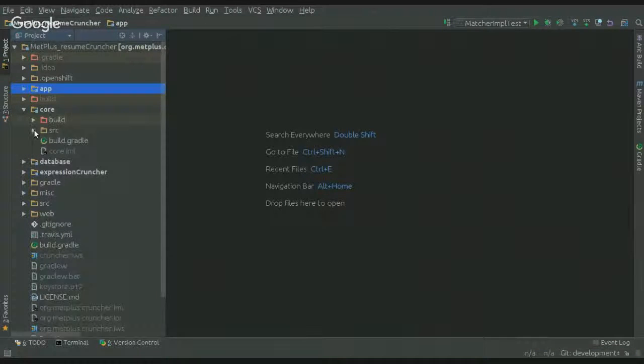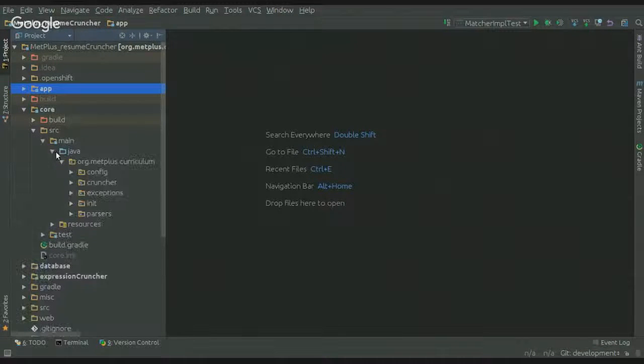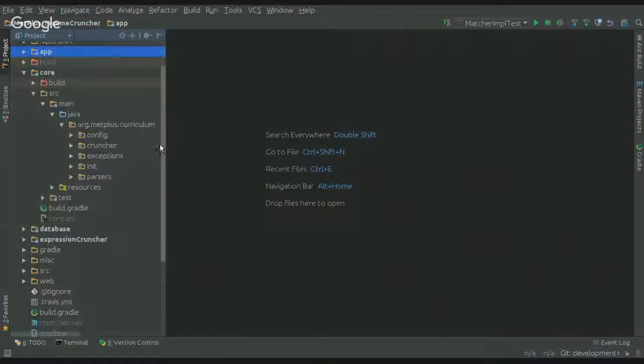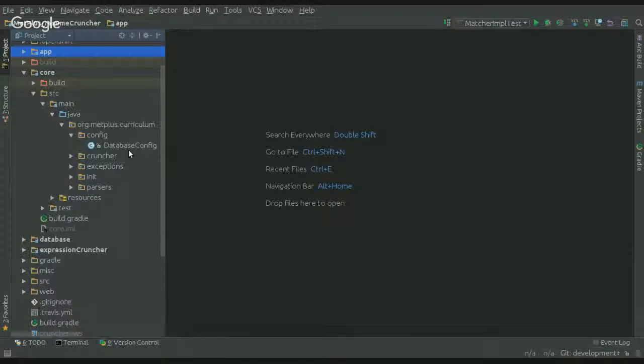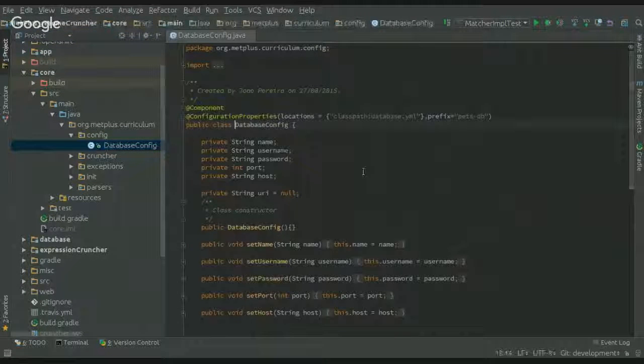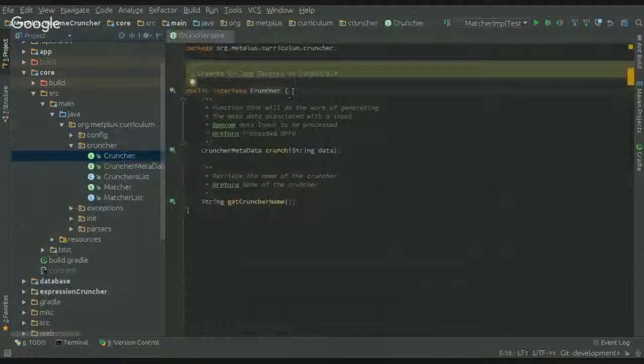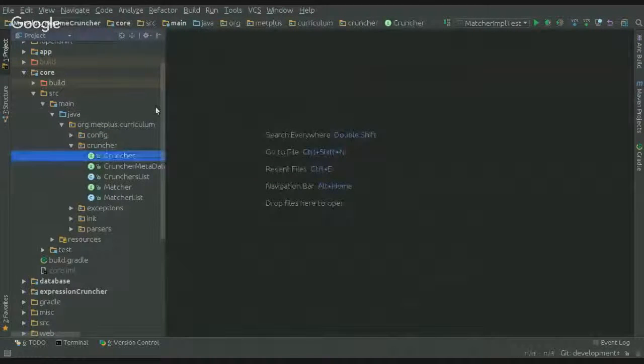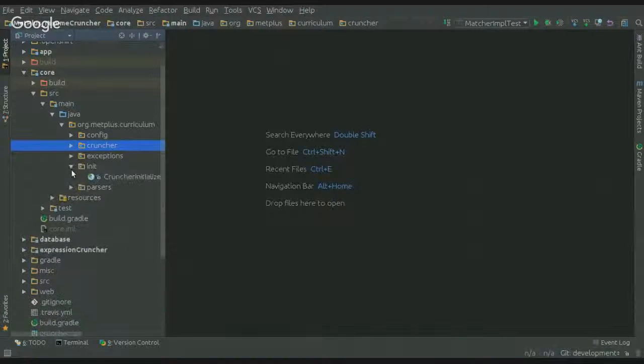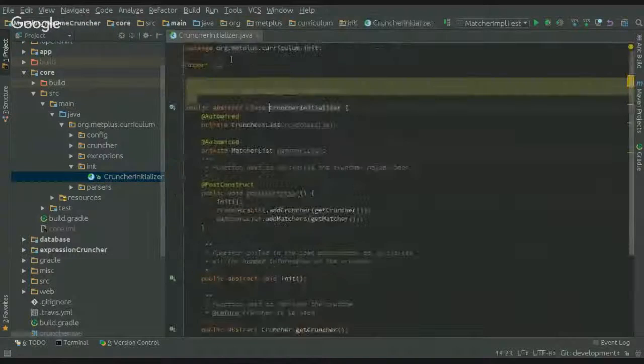Our core, as the name states, is basically all the core functionalities that we currently have on this part. Basically, it's things that needed a place to live because they are shared in multiple places. For example, the database configuration, we have an object here. We also created interfaces for multiple things: for the cruncher, for cruncher list, for the matcher, and so on. Exceptions, initializers, and